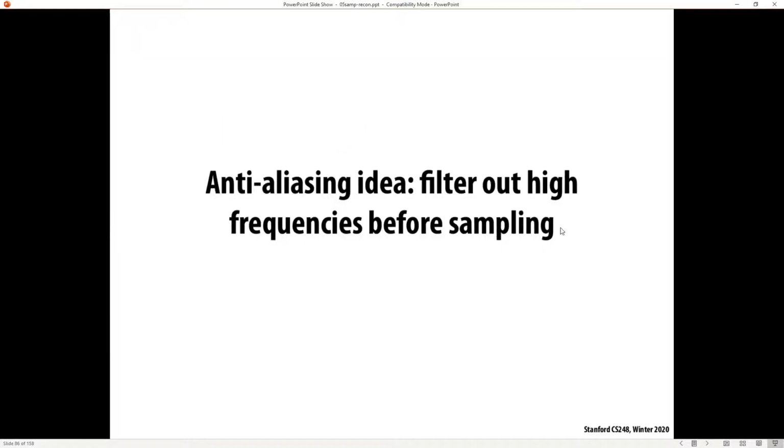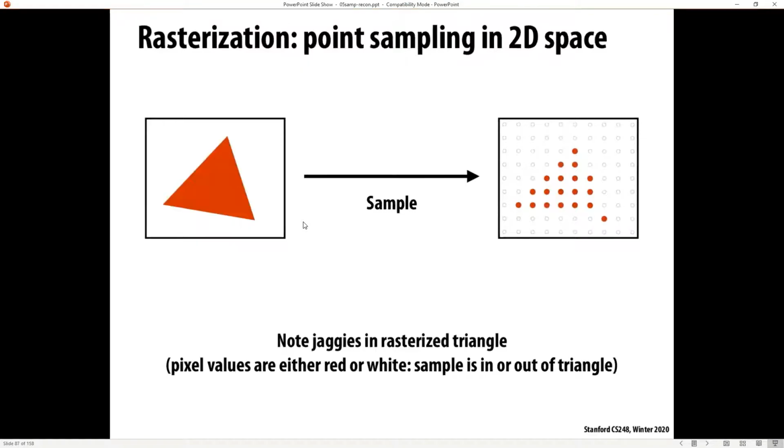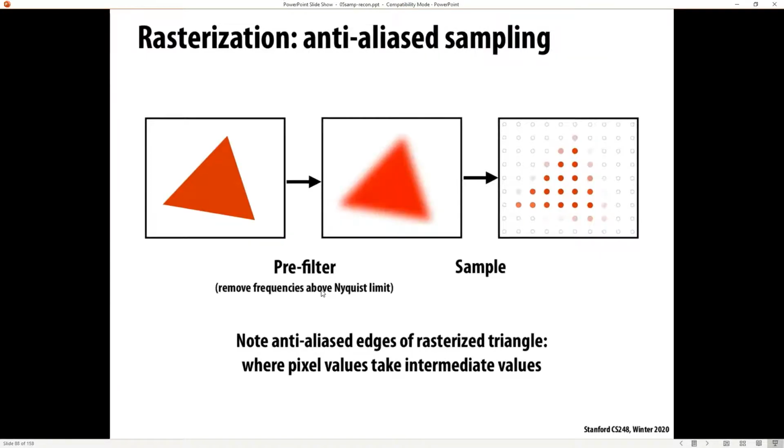Okay, so we need to filter out these high frequencies before we sample because they're causing us trouble when we sample. So now how are we going to do that? How are we going to get rid of these things? So we have this original spatial domain. We need to take our samples. So we need to do something in between to get rid of the high frequencies. Well, why don't we pre-filter? We are going to take this thing into the Fourier domain, cut off all the high frequencies, and then come